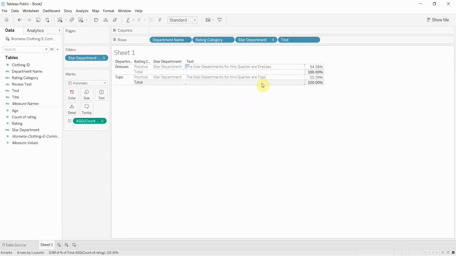segregated, but I want a complete text which will show that the star departments for this quarter are the departments which are the star departments for this quarter. Like, it should show dresses and tops. Now how to do that? So